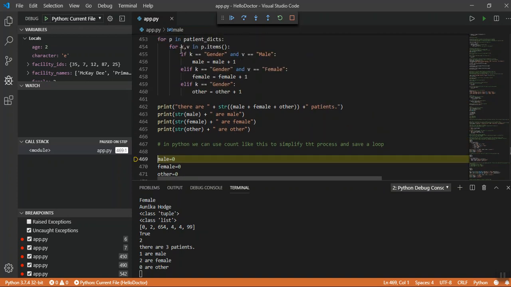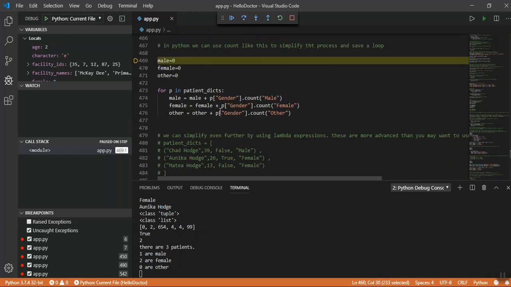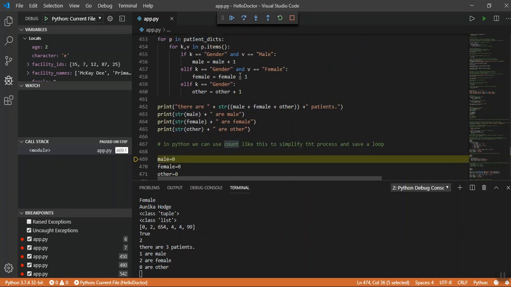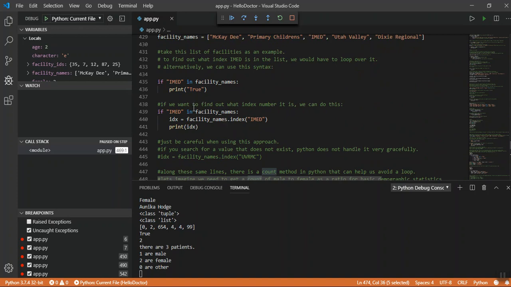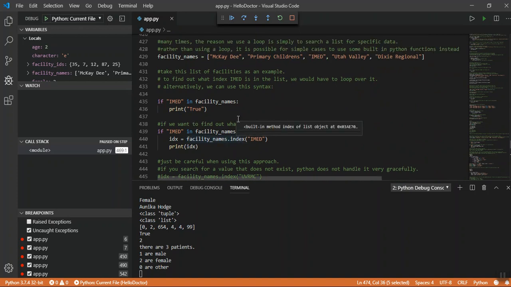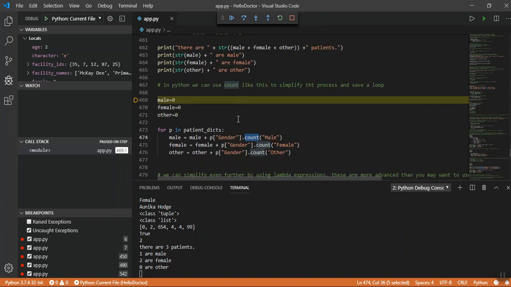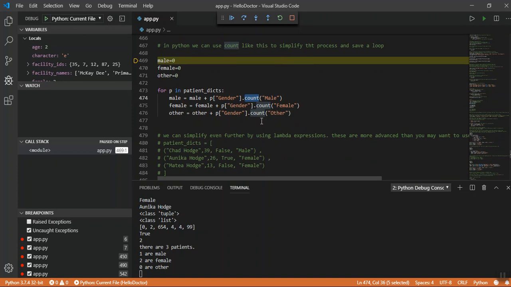Because we can avoid this whole loop right here by using the count method before. This is what the top thing we were talking about up here was earlier, right? With the counts and the ends and the indexes, there's ways to avoid loops. And so there's another method we have to avoid loops: counts. And so I'm saying go to my list of patients. For each patient I get,